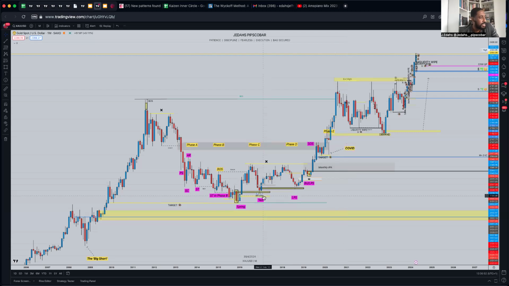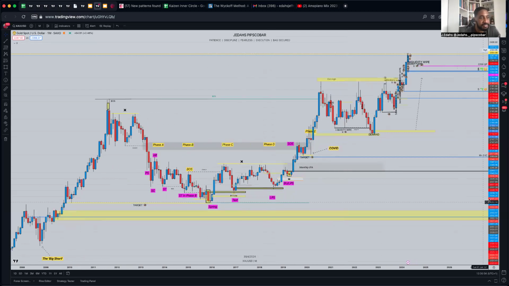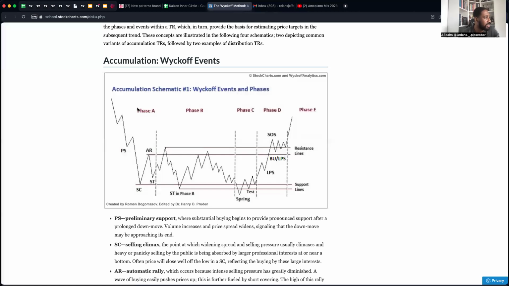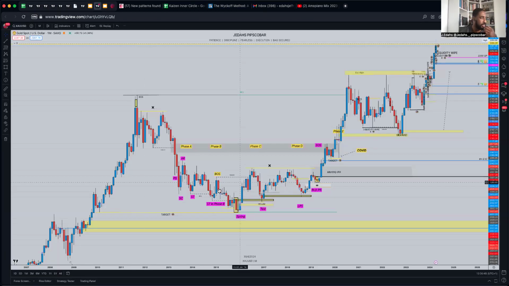Okay, so you can see I marked up all of these things. Again, you can see this is literally, where is it? This picture right here: phase B, phase A, and so on. So I've marked up all these things here. Again, phase A, phase B, phase C, D, and then signs of strength, you get it.